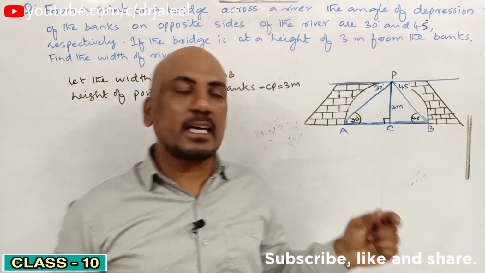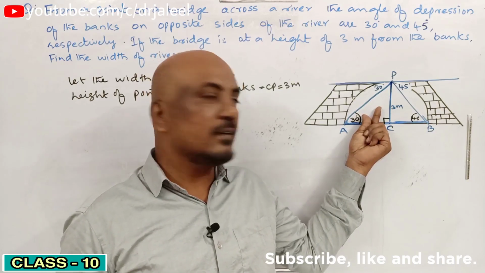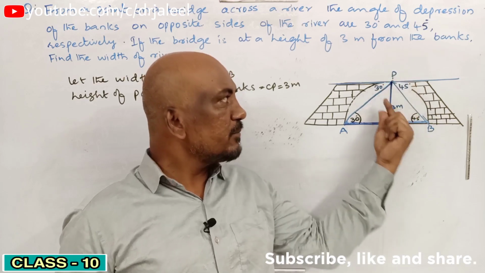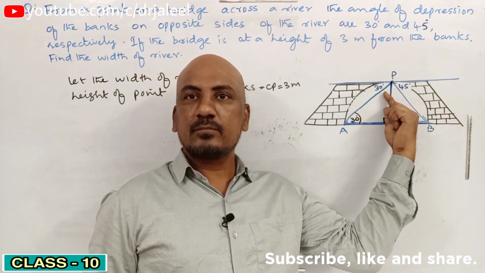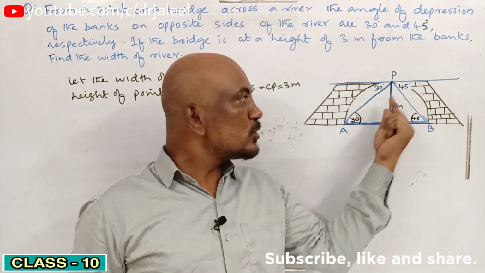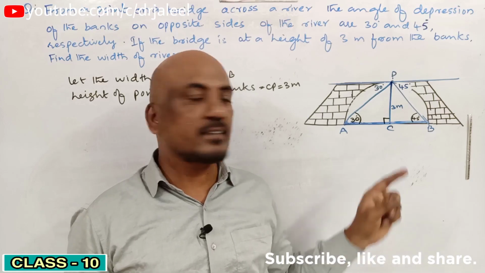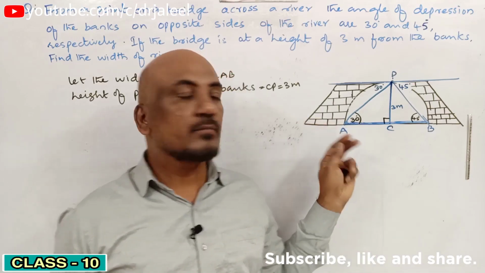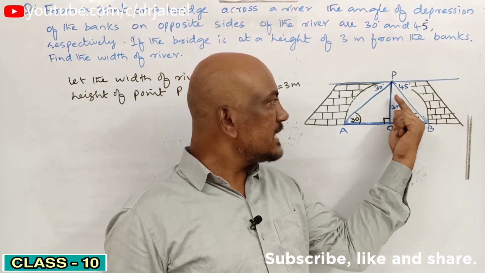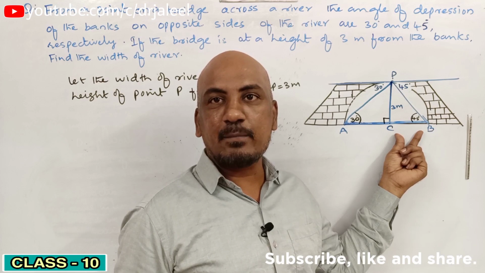So children, let us work differently in both the triangles. First in this triangle, when we talk about ACP, the opposite side is there. The opposite side to 30 is there. The adjacent side is missing. So by using this opposite side, can you find the adjacent? Yes, of course you can find it. Then go for the second part. In this triangle again you work out. This is the opposite side to 45 and you will get the adjacent side by using that.